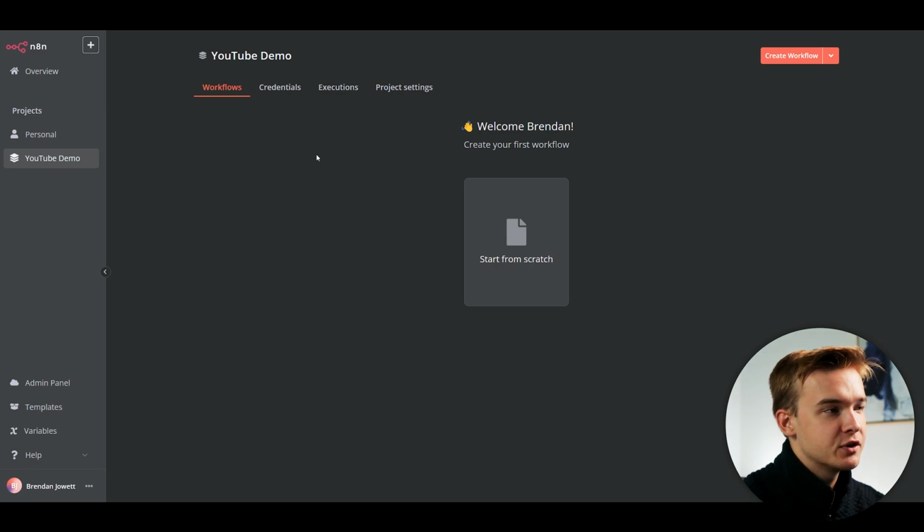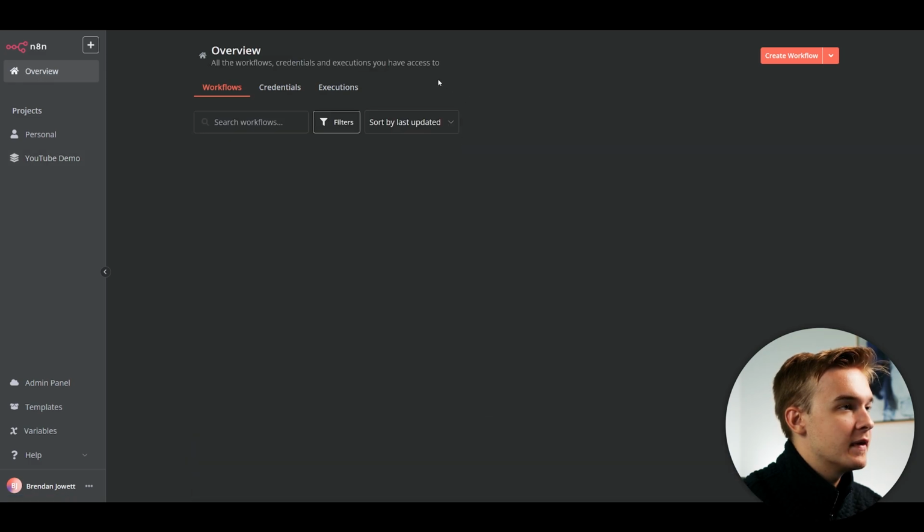So to get started, I'm just going to do a quick rundown of the user interface so you can get familiar with all the tabs and buttons so you can be comfortable in using the platform. So if we go over to the left here, we'll see this overview button at the top. And this is just where we can view all of the workflows and everything globally of all